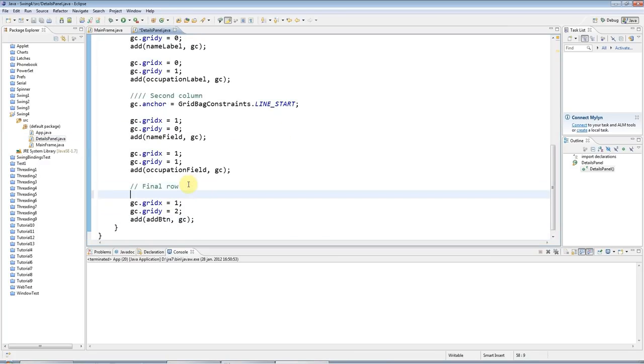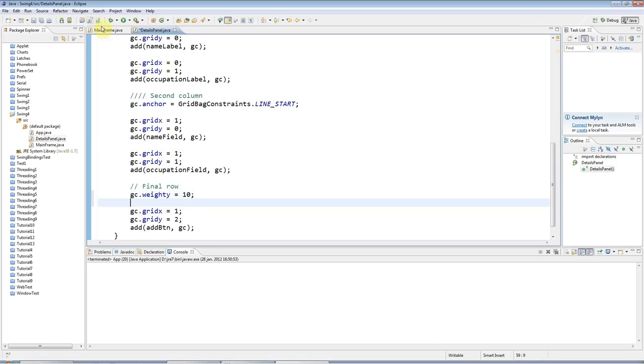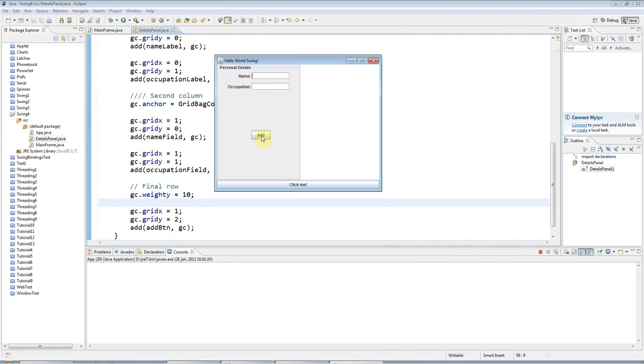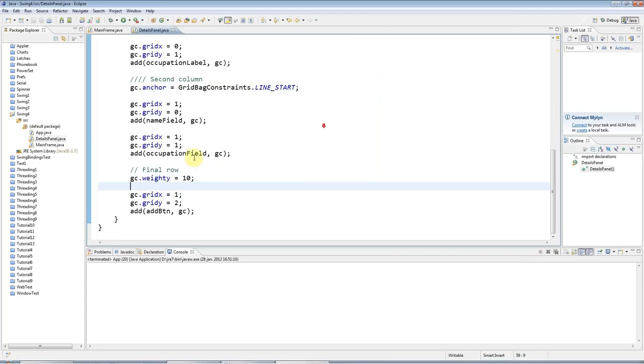So here I'm going to say gc.weighty, so this is the weight for the last row, equals, let's give it a really high value, and if I run that, you can see that this last thing is taking up most of the space. I also want to stick this button up here somewhere, so to do that I can say